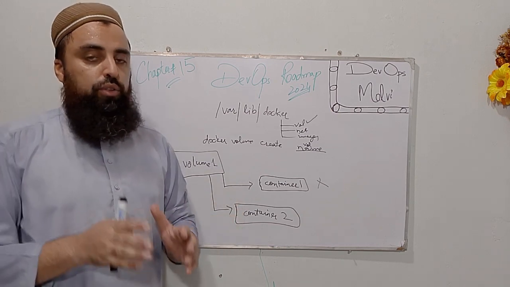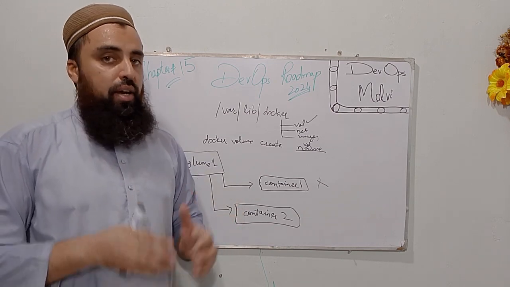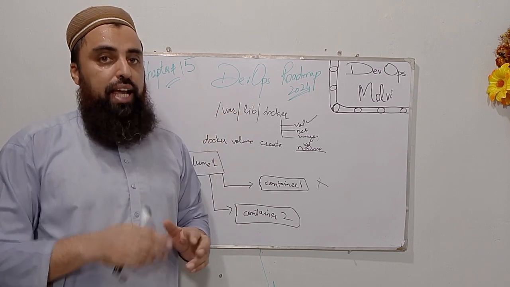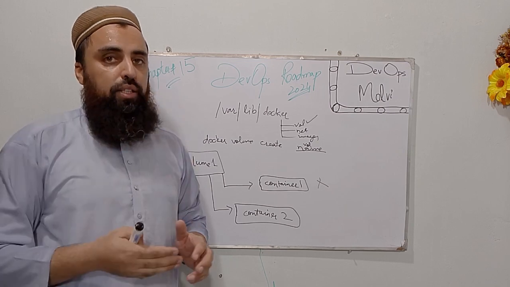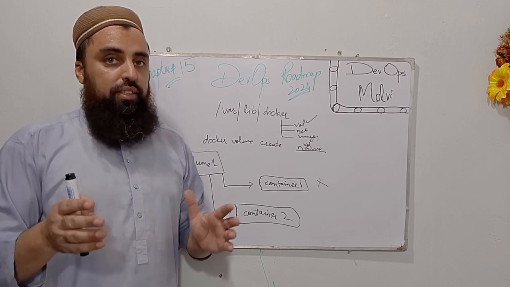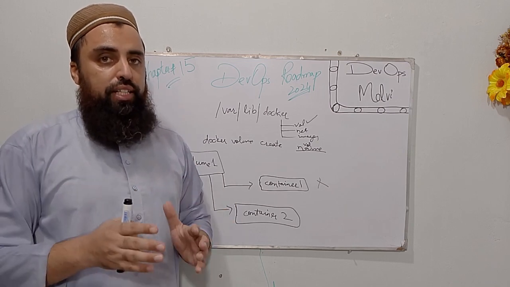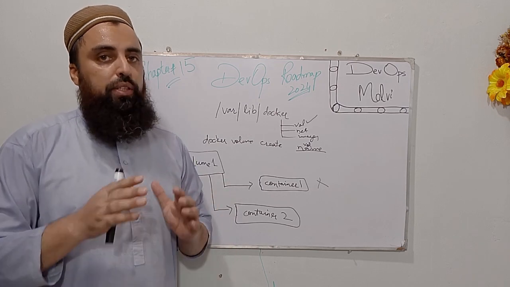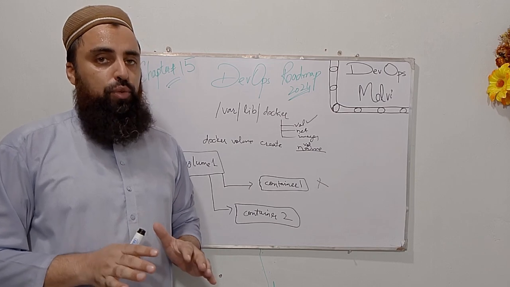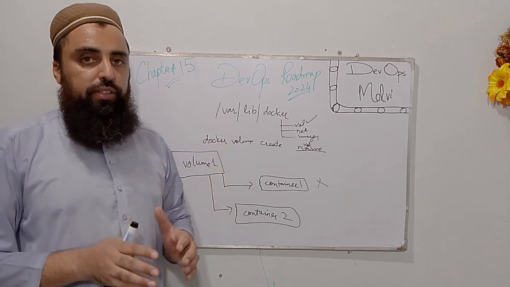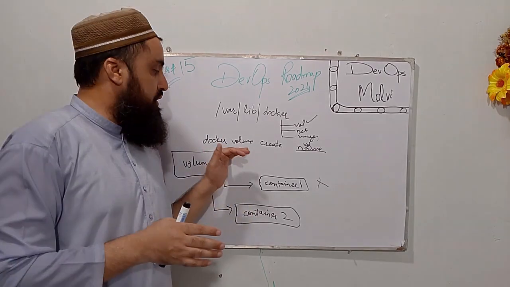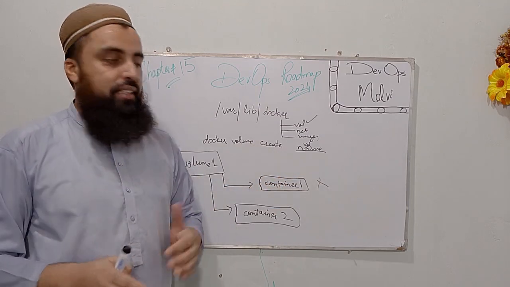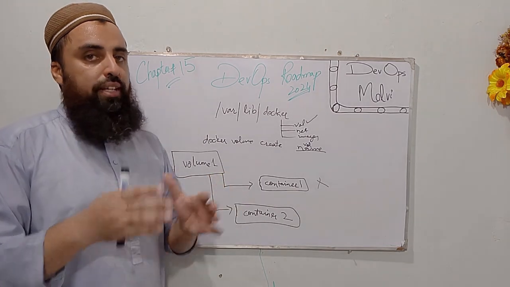Docker volumes are used for persistent data storage. When we run a container, the container creates image layers and we have a writable container layer. But when we run a container without a volume, if this container gets removed, the data would be lost. So for permanent data storage, we have Docker volumes. We can create a Docker volume with the docker volume create command, and we can attach this Docker volume to any container